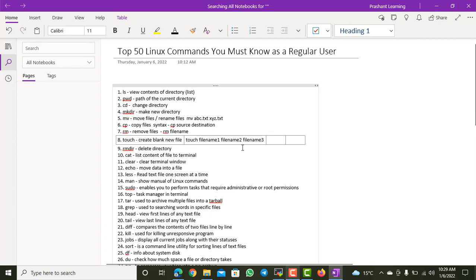If you use the vi command, vi is another editor command, you can use that, but the issue is that it will open the file and then you need to save it, right? Or you need to type in it. vi is basically to edit the file, but if you just need to create the file, we use the touch command. This is very helpful. We use it a lot.